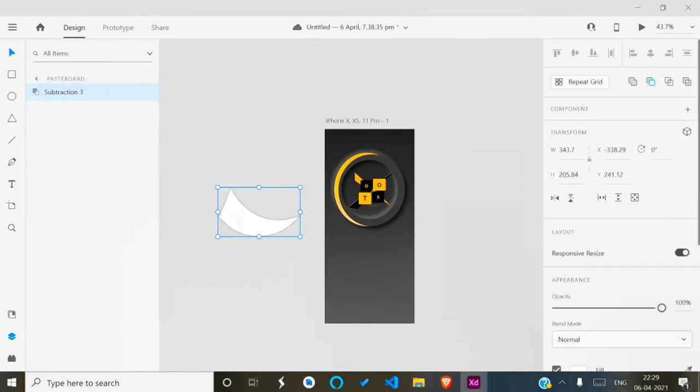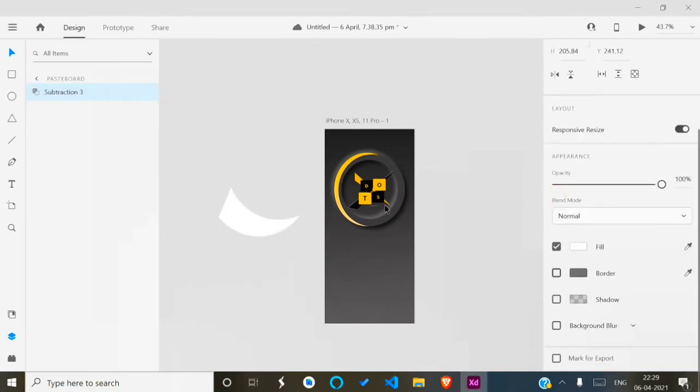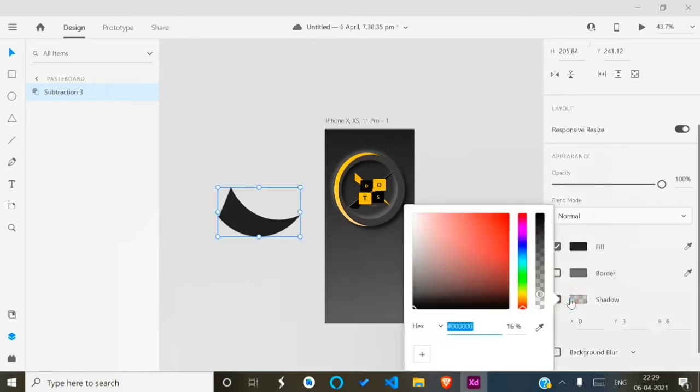So this is our component. So now we need to remove the border of this and give the background color using the color picker according to the layout background. And choose the shadow option